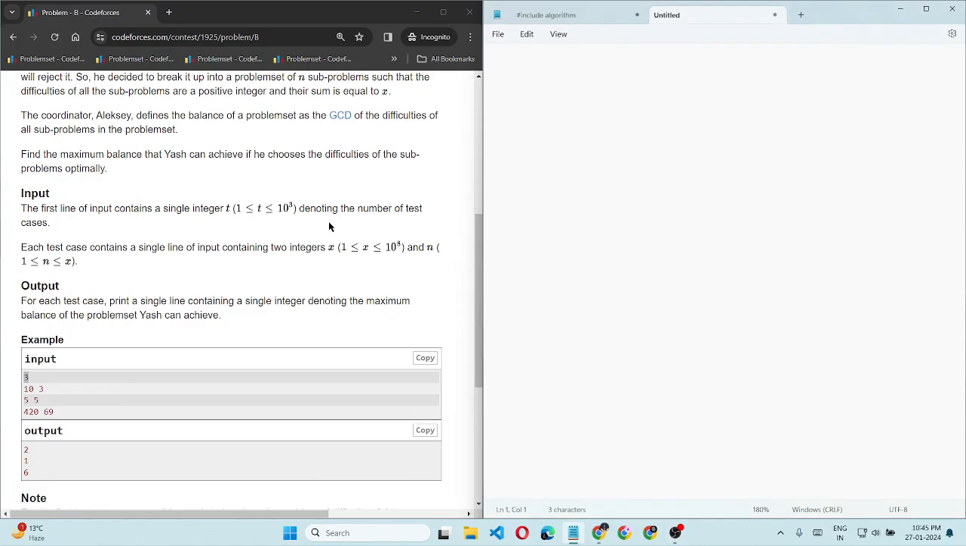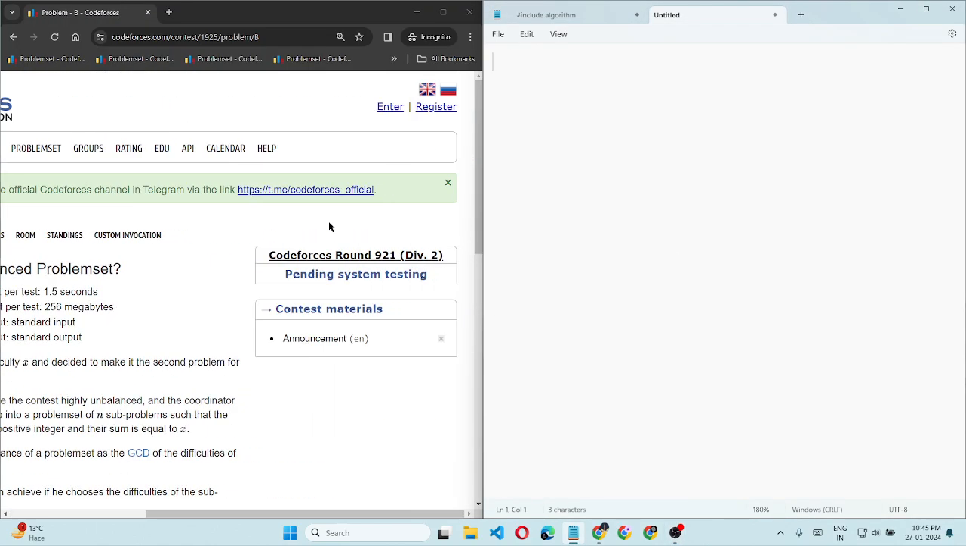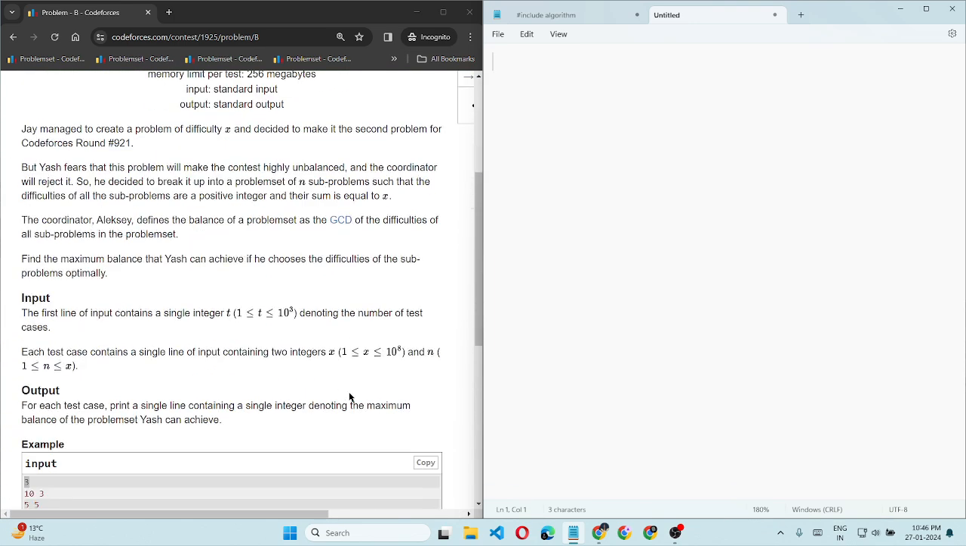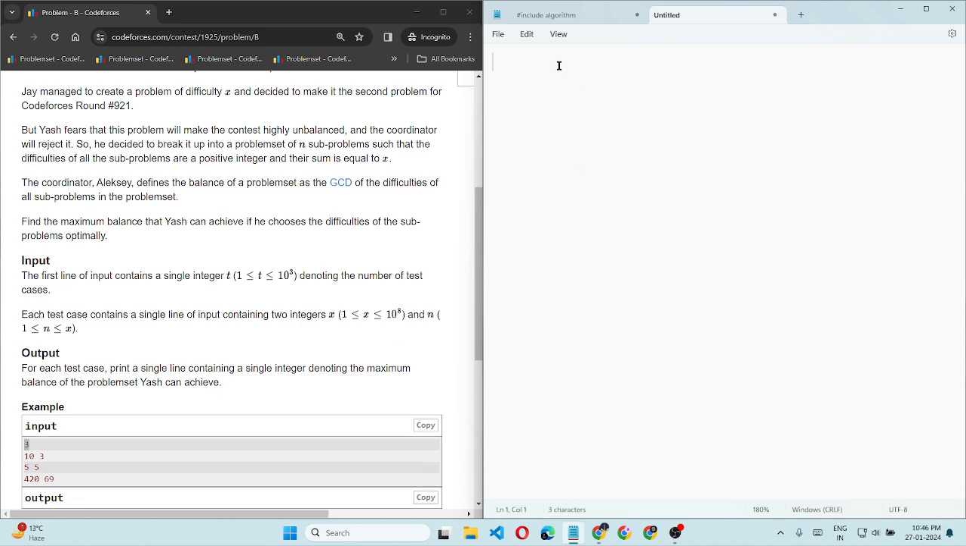Hello guys, so this is the second question of today's Codeforces round 921. This is the second question, A balanced problem set. So basically, in this question